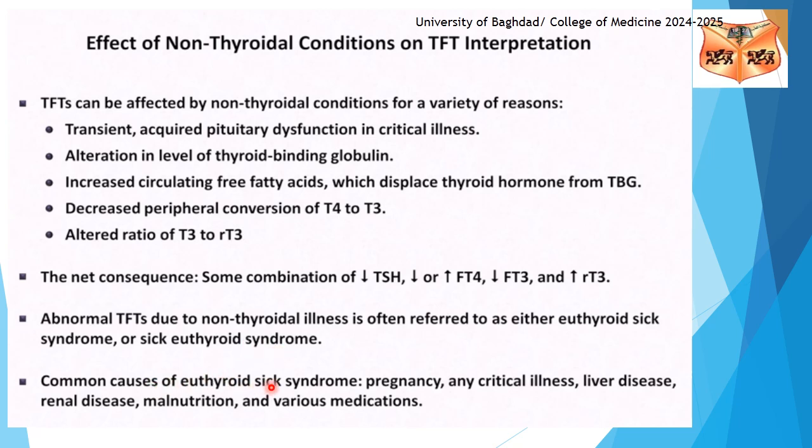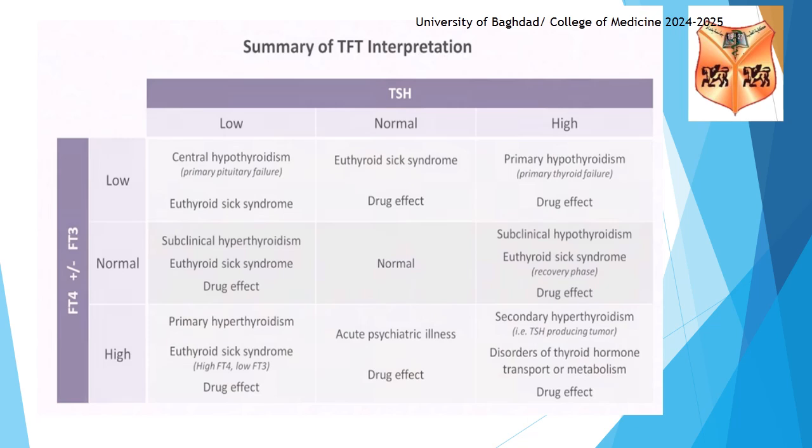Common causes of euthyroid sick syndrome are pregnancy, any critical illness such as liver disease, renal disease, malnutrition, and various medications. As for the table: